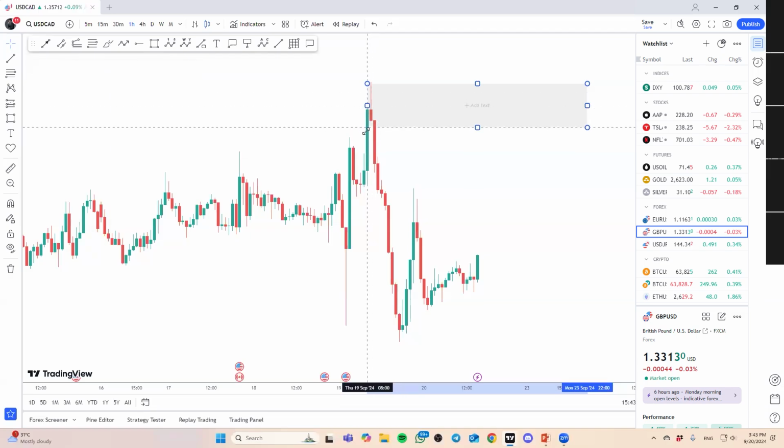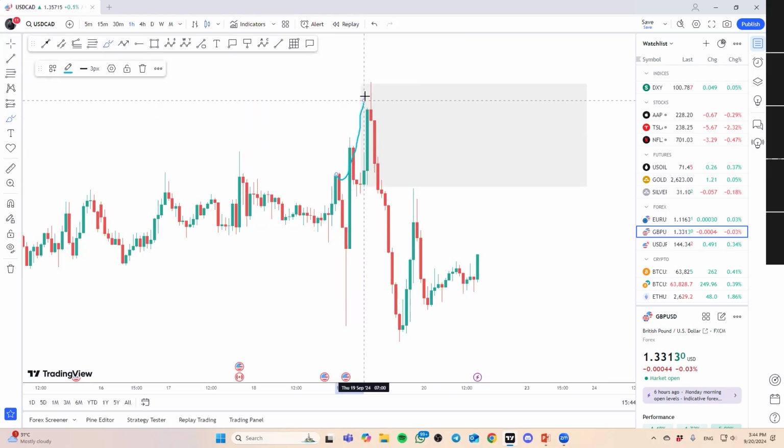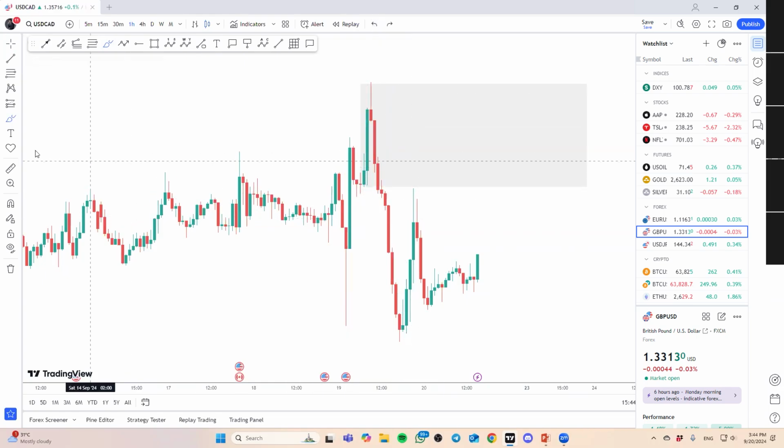If you're a little bit more advanced, you can actually stretch this all here, and this entire area essentially is your order block. Okay, why? Because the market actually made a move up first here before it drops impulsively, breaking this minor structure here. So this entire bullish move can be your order block. Okay, that's a little bit on the advanced side, but I'm just covering it a little bit for you guys.